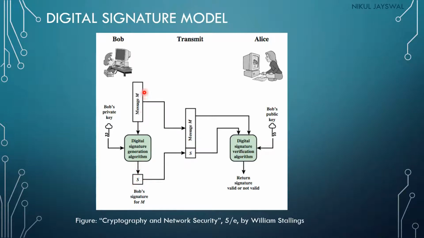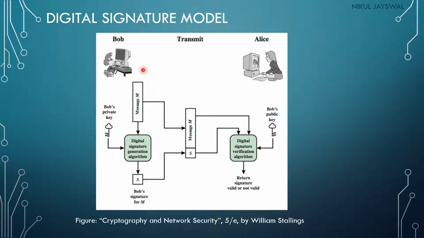Now for every message the signature will be different. Clear? It is not like Bob will have some digital signature and append it to all the messages. Basically, the digital signature is based on the message. If the message changes, the digital signature will definitely change. So this is the digital signature generation algorithm. For every transmission of a message, we need to calculate the signature, and every message will have its own digital signature with it. So when the message changes, the digital signature will change.